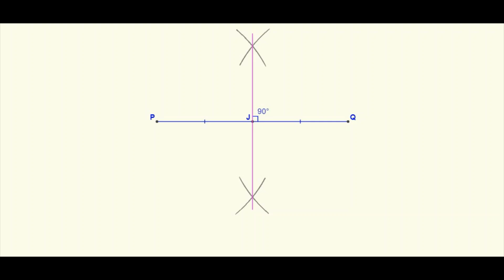So note there where the pink line intersects the line segment PQ, I call it J, right? And note that the perpendicular bisector meets the line at 90 degrees. Not only that, the distance from J to P is also equal to the distance from J to Q. So that's what a perpendicular bisector does. It cuts the line in two equal parts,